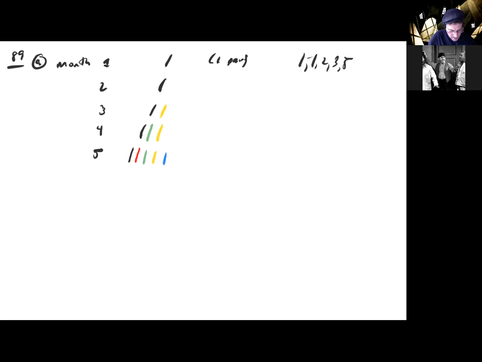Now what's going on in month n minus 2? Well, you have maybe a certain number of pairs available in month n minus 2. And then you have month n minus 1, and let's say the number in month n minus 1 is denoted f sub n minus 1. So now what happens